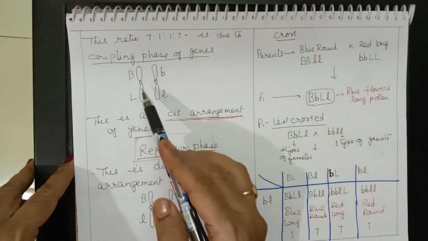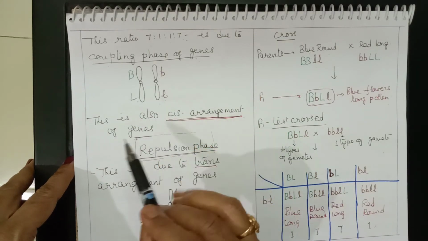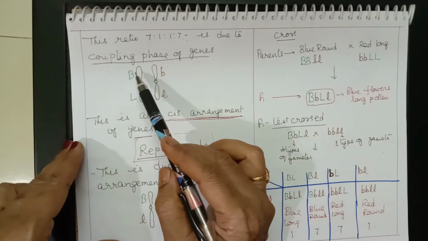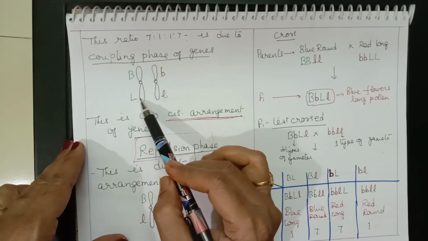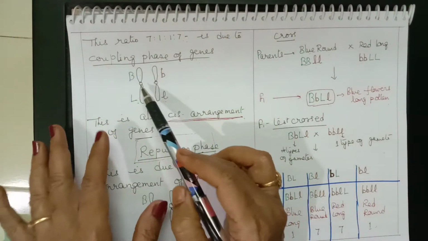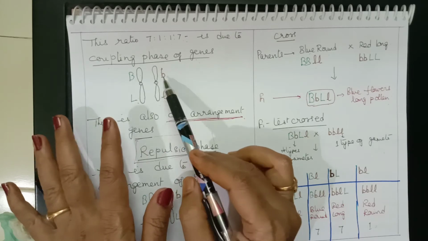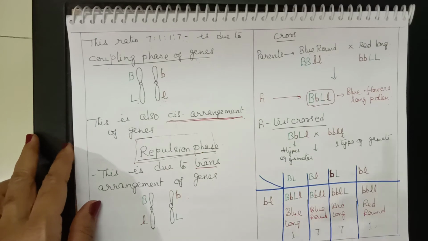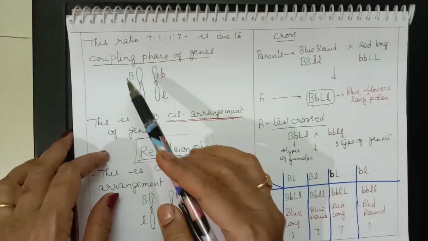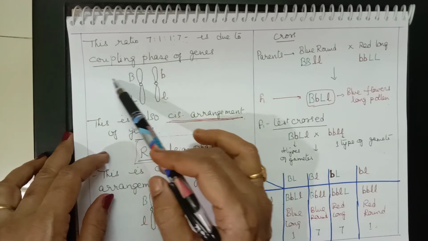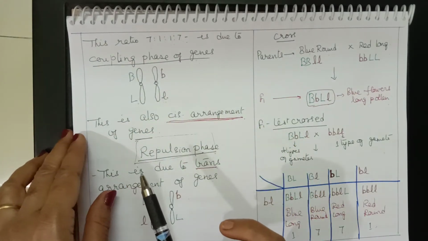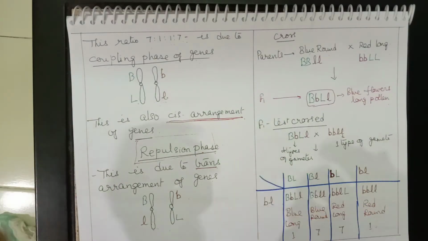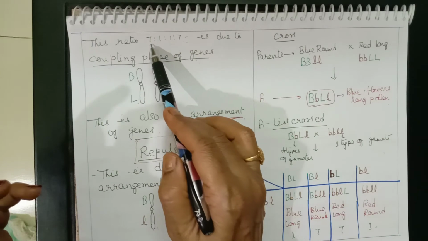And this we call cis arrangement also. What is cis arrangement? When the 2 alleles of the same type, that is either dominant or recessive, are present on the same chromosome of a homologous pair, then we call it a cis arrangement. So due to this cis arrangement of genes, we get this ratio, and that is called the coupling phase. So suppose you have a question like what is the ratio during coupling phase of genes? Then you have to give this ratio as